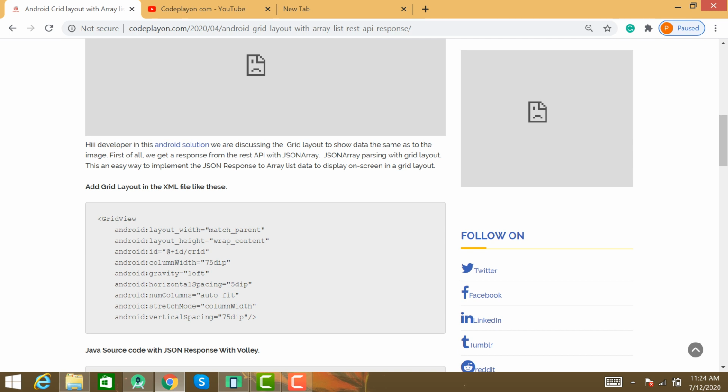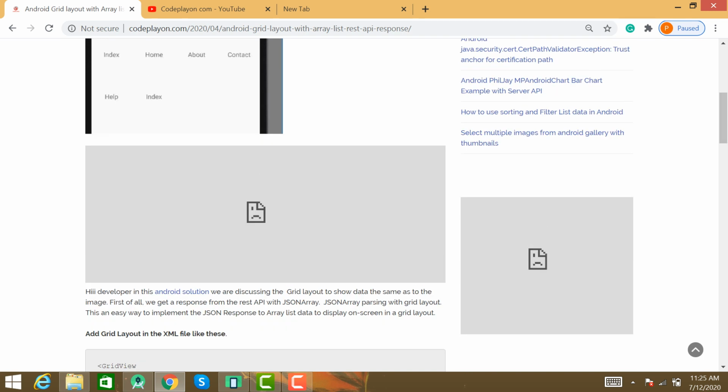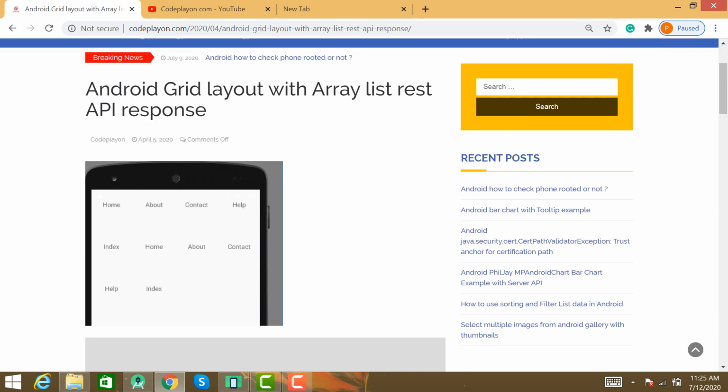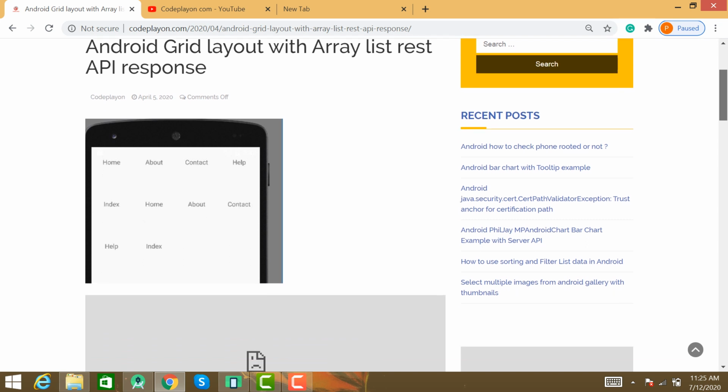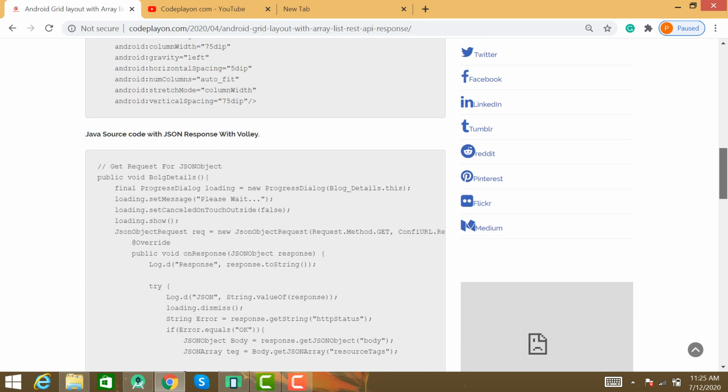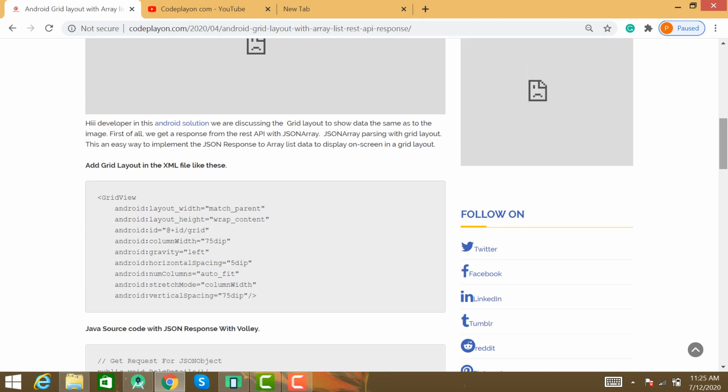Grid layout shows data as in the image you see, like a table with types: name, home, about, contact, help, in 4, 5, 2, 1 elements in a single row.